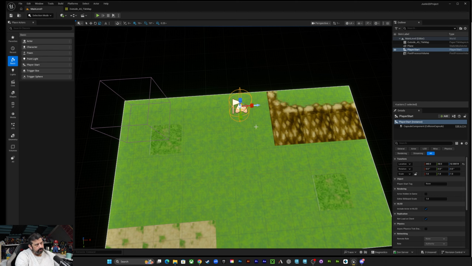And I'm going to rotate this around, because that little blue arrow there shows the direction the player will be facing when the game starts. So I'm just going to start them